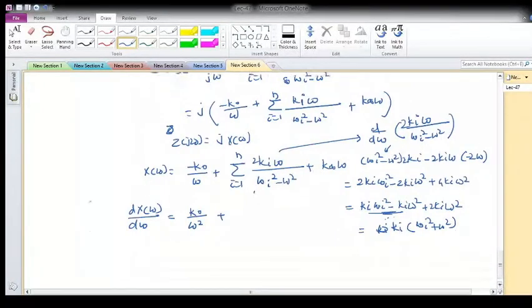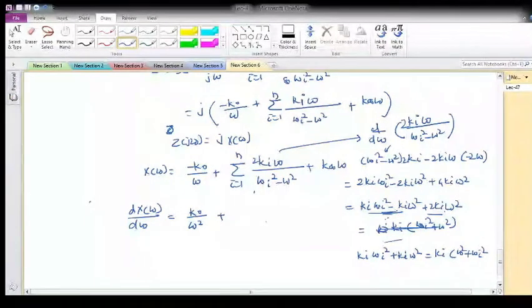Sorry, this is what, 2 ki omega square minus ki omega square, so I can write ki omega I square plus ki omega square, which will be ki times omega square plus omega I square, or if you write 2, it will be 2 times ki omega square I square. I'll write ki, I'll try to avoid 2 from it. Okay, so if this is the thing, then k0 upon omega square plus, what is the derivative here,